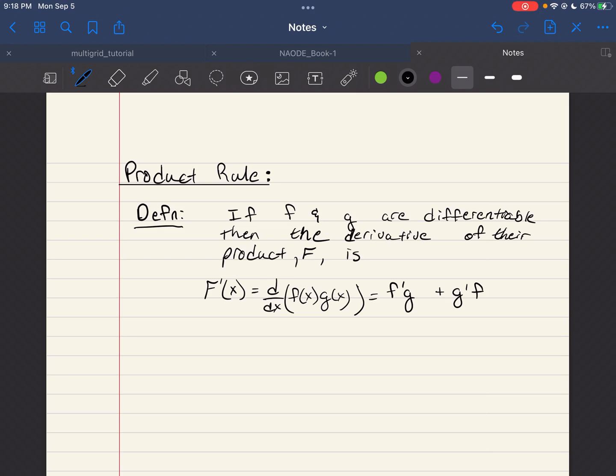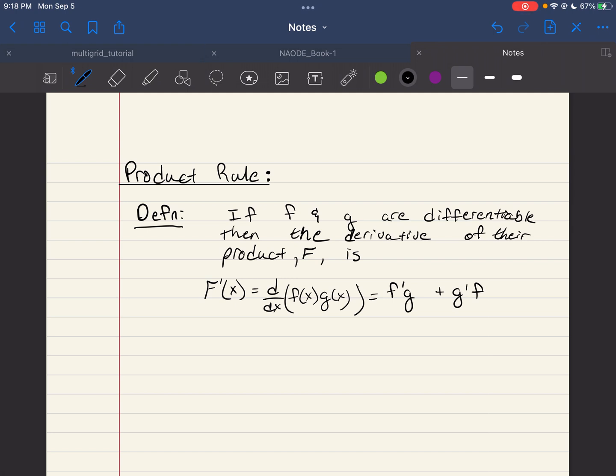Hi everyone, I wanted to make a short video on the product rule, offer some visual intuition for it, and then go through the formal proof in the book. So the math explanation or definition for the product rule is that if you have a function f and g,